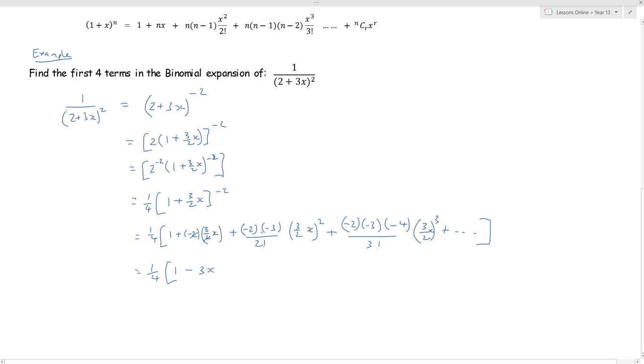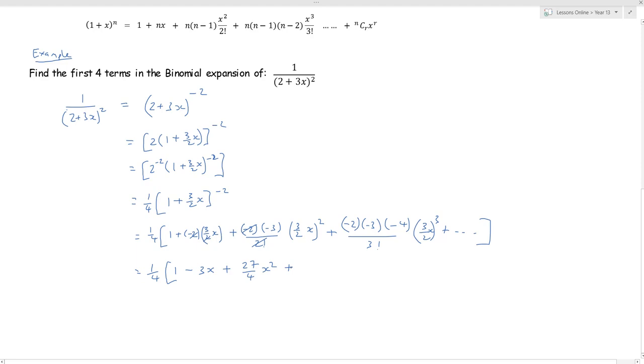Got 2 negatives here, so they're going to give me a positive, plus the 2 factorial, or just 2 cancels with that 2 there, and that leaves me with 3 times 3 times another 3 over 2. So that's 27 over 2 times 2 over 4 x squared, and our final term then plus,